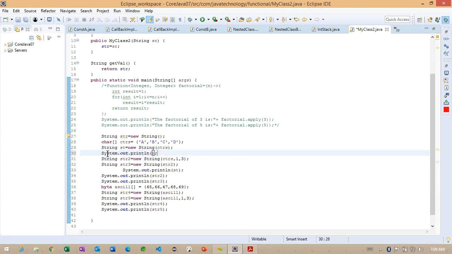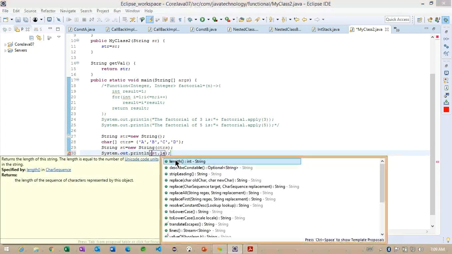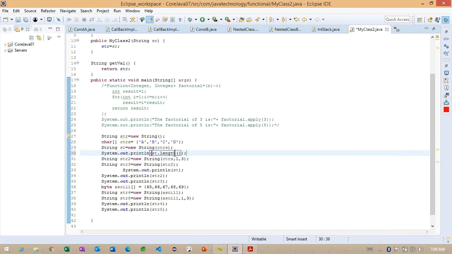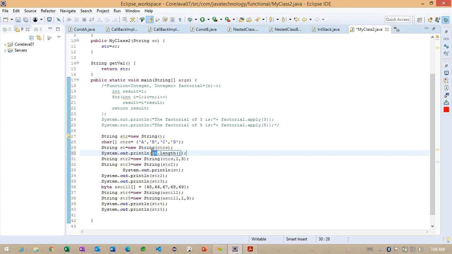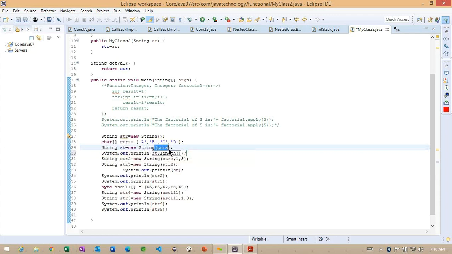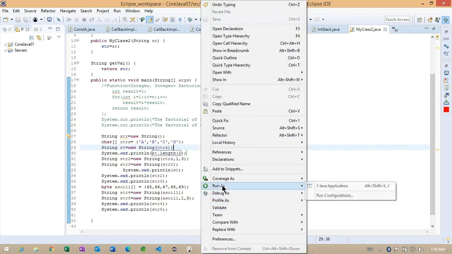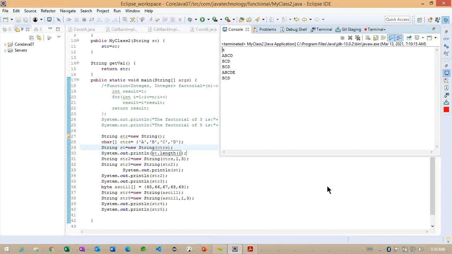So carefully observe. Again, I am trying to print. Now, with the reference of the string object, I am using the length method. Length is a method here. Getting the point. See carefully, the reference is important here. st is coming from line number 29. And here we are passing a character array as a parameter. We'll check here st dot length. How many characters are we going to get? So we are getting 4.